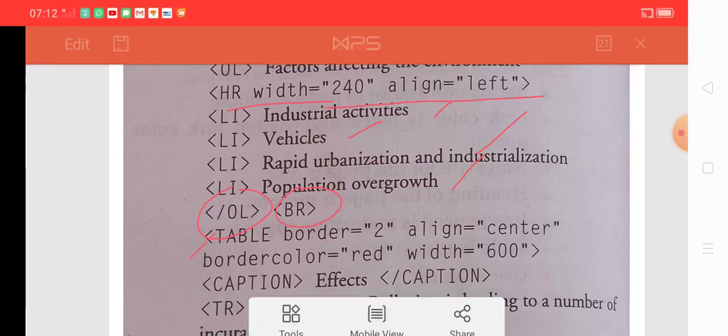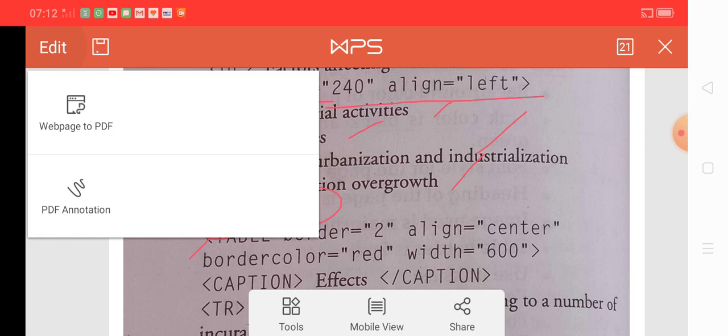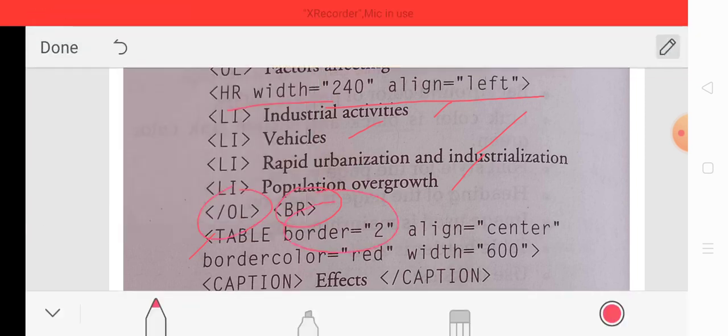So it clearly indicates that the table border is 2. It is given in the question. Table border is 2, so we just take border equal to 2, and we can clearly see that the table is center aligned, so we use align equal to center. Border color must be red, it is given in the question, so we take the bordercolor attribute here, and we also take width. Okay, we also specify the width, because we can easily see that the width is not normal in this case, so we specify the width in terms of pixels.